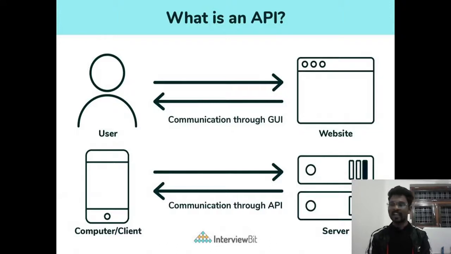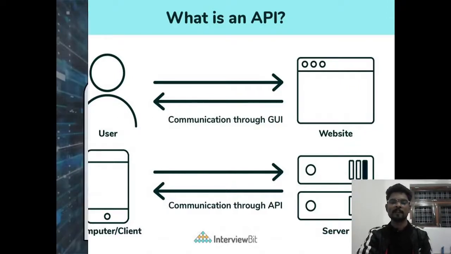You click on the like button, which means your client side sends a request through the API and says to the server, hey server, could you add my like into your database? The server takes the request, does some validation to check whether it is a valid request or not, and after that sends a response through the API. So that's pretty much about the API.